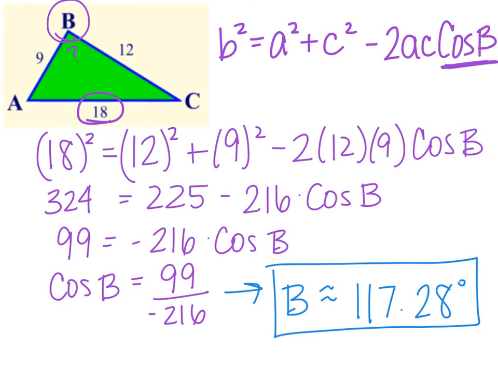Once I plug everything in, the only thing that differs from our last example is that I'm going to solve for B, which requires me to use arc cos, or cos to the -1 power in my calculator. So I simplify everything down. I simplified these guys and these guys. I moved 225 over here, so I'm left with 99 equals this -216 times cosine of B. I divide 99 by that. So I know the ratio of cosine of B is going to be 99 divided by that -216. I use my calculator, and I find angle B to be roughly